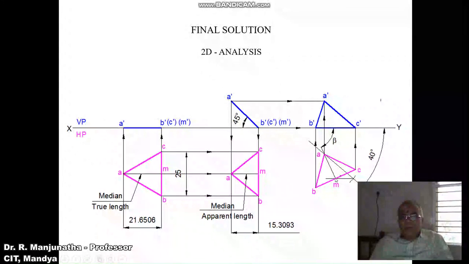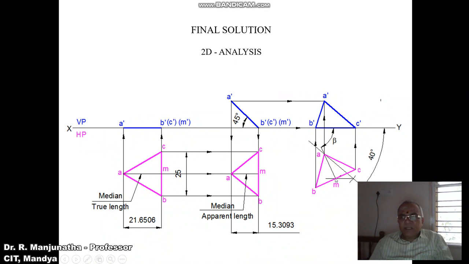With M as center, with respect to the AM line, draw a perpendicular to AM using the protractor. Measure an angle of 90 degrees with respect to AM, and then draw a perpendicular line. Then with M as center, take the distances M to B and M to C, both of which are equal. Transfer it to the top side to get C, and to the bottom side to get this point B. Then mark these points as C and B, and join A to B, B to C, C to A with a dark line.